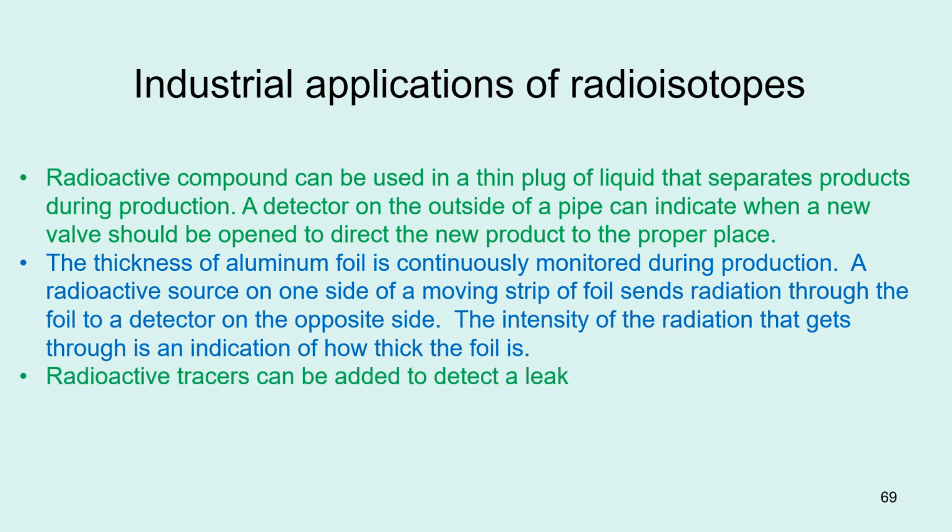Also, if you're at a chemical plant or something like that, and you've got things running through a pipe and you're trying to find a leak in a huge maze, you can put in radioactive tracers, and then you can monitor different places to see where